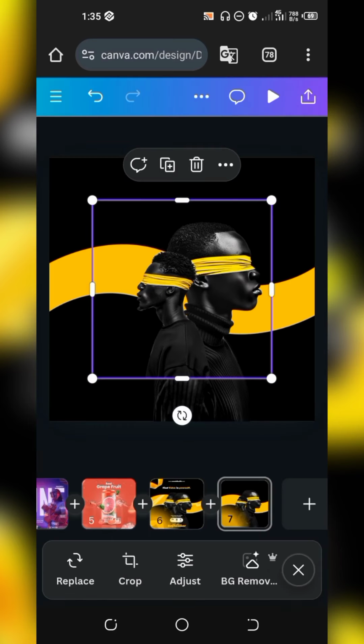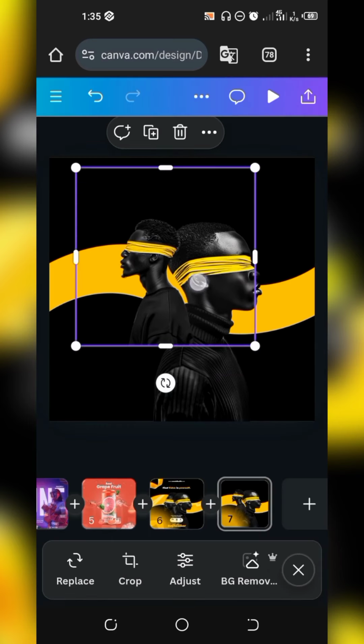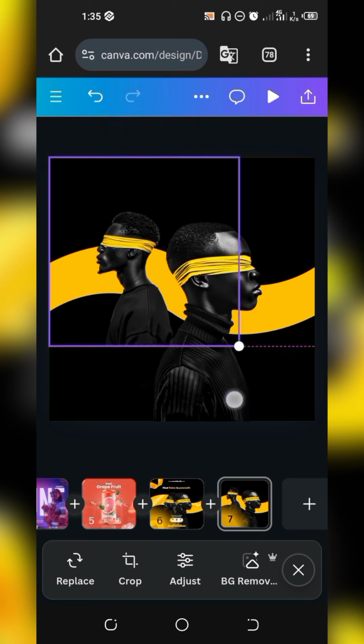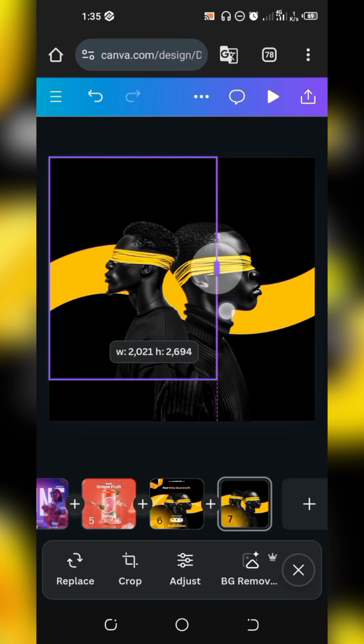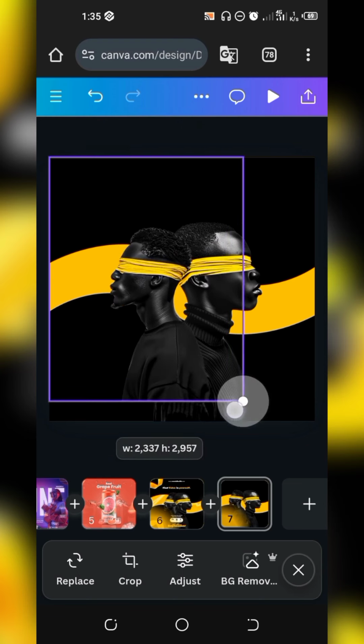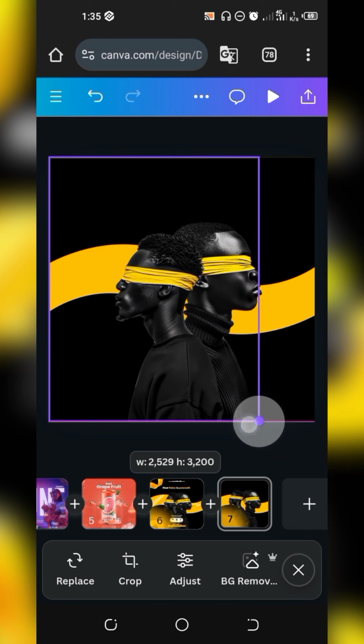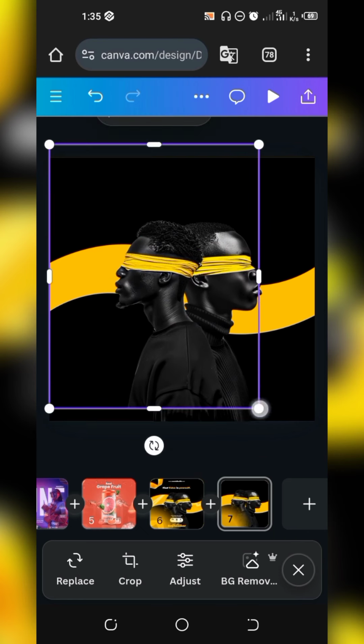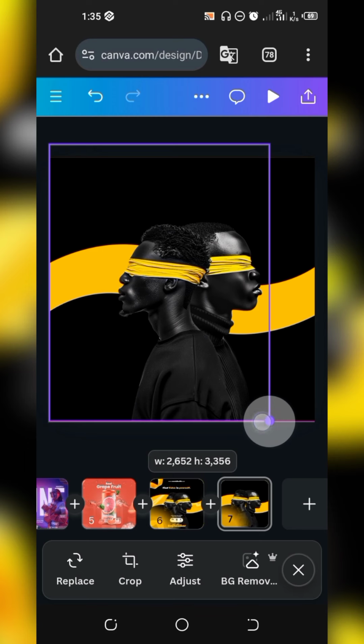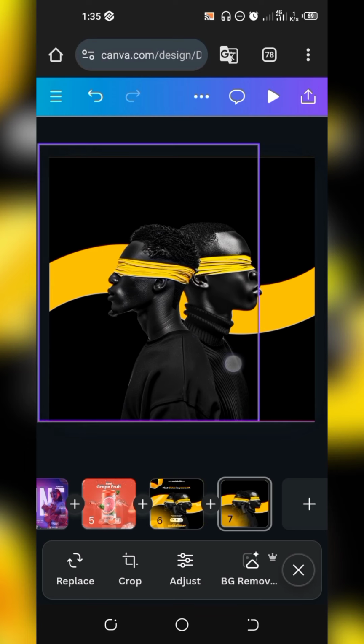This is the next guy. Okay, scale him up, take out some of all these sides, scale him up like so to meet up with our first guy. Yes, scale him up like so.